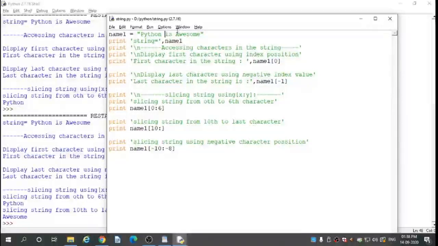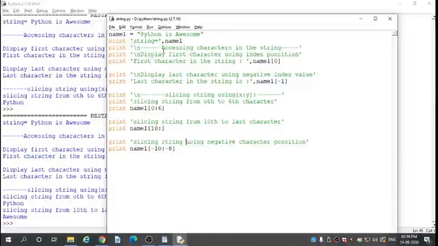So minus 10 is I and S, and next minus 8. So again go to the start: minus 1, minus 2, minus 3, minus 4, minus 5, minus 6, minus 7, and here space is minus 8. Minus 10 starts from here, and space is minus 8 character position.